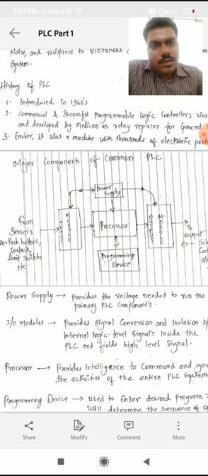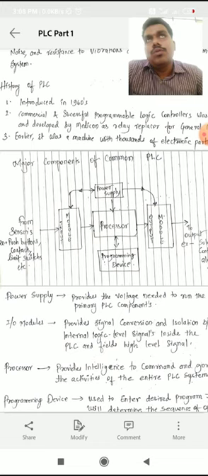If there are two buttons, a red button and a green button, for pumping water from the well, then if I press the green button, the motor operates and starts pumping water into the overhead tank.